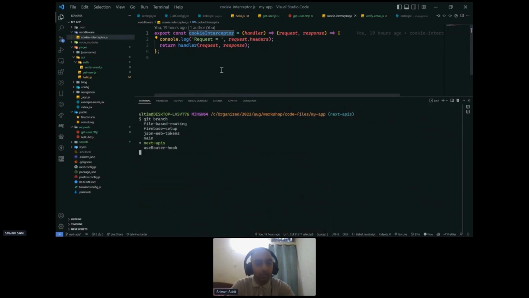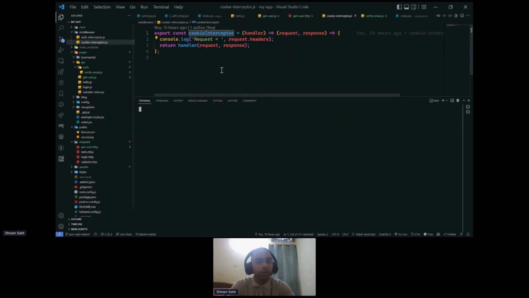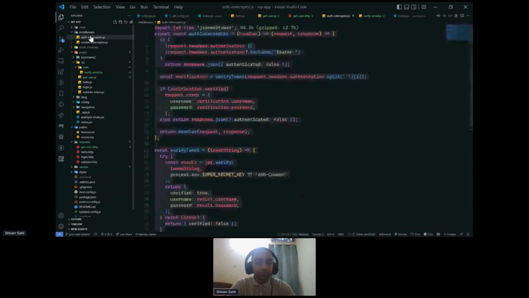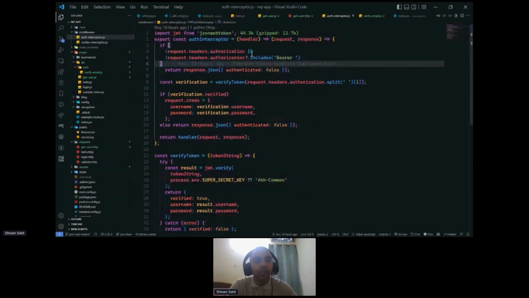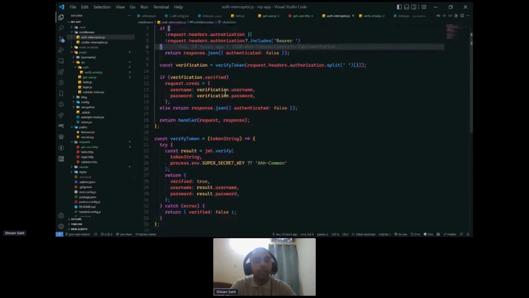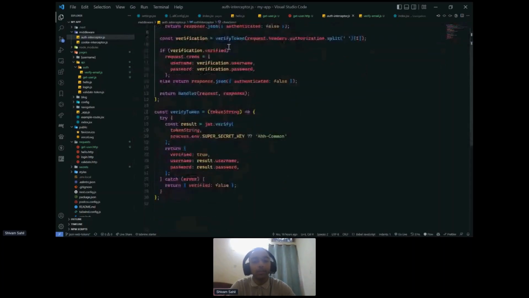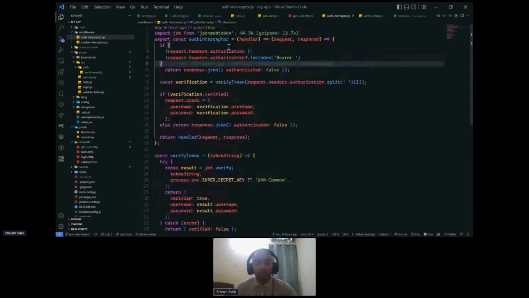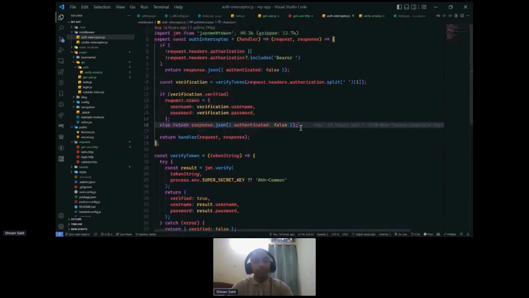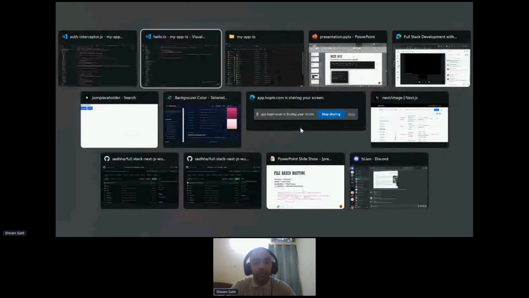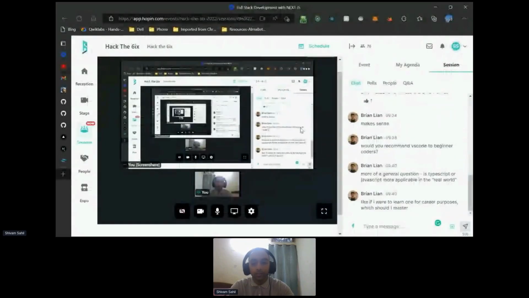So let me just go to git branch and git checkout. First, I don't want to save any of these changes. And git switch JSON web token. Here I have shown a proper auth interceptor. So here what it does is it looks for a bearer token, and only if it is a valid token does it let you use that. I'll talk about this. We have less time, so let me just cover this JSON web token so that you get a proper understanding. But before that, let me see if we have any